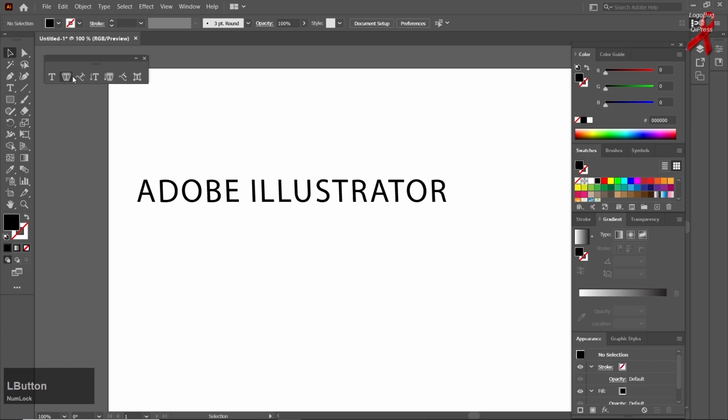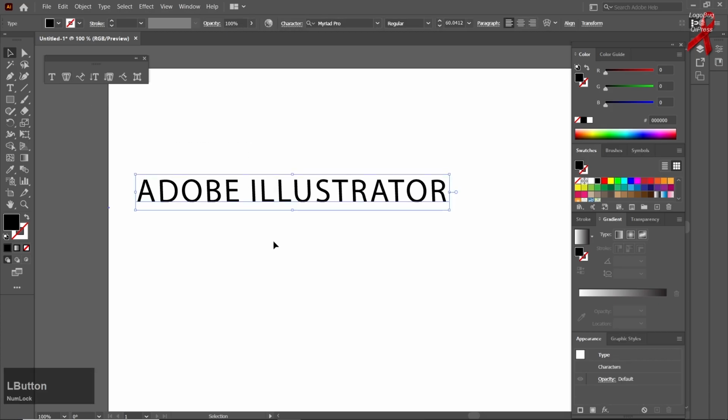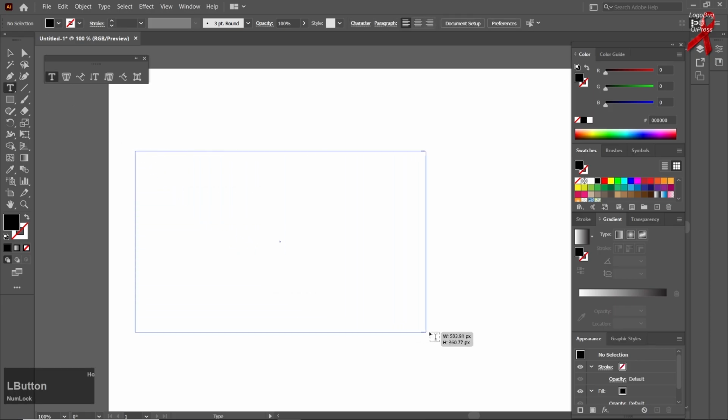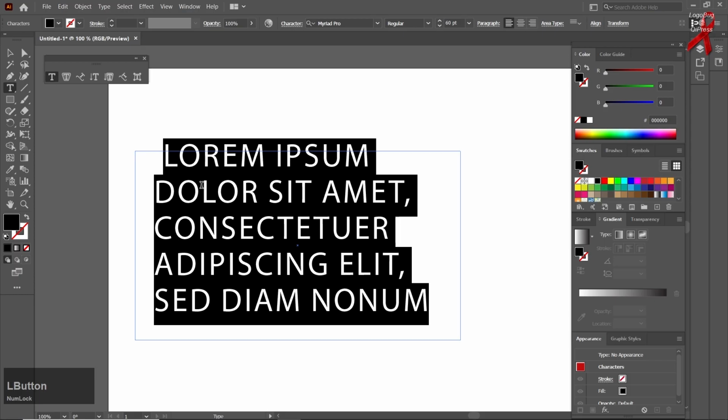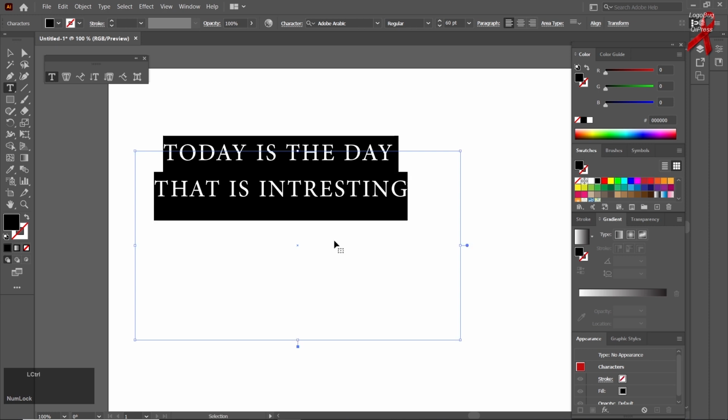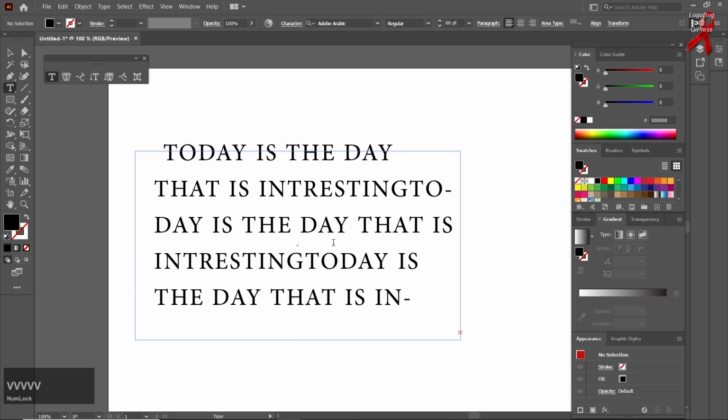So let me make you understand furthermore about area type tool. Make sure to delete that out. Make sure to click on type tool and try to drag that there. So now we've got a sort of a text box there in which you can type whatever you want to type. Let me copy that by holding the control or the command button and press C. In order to paste it, hold the control or the command button, press V there. See, we've got all of the lines. So this is what the things are